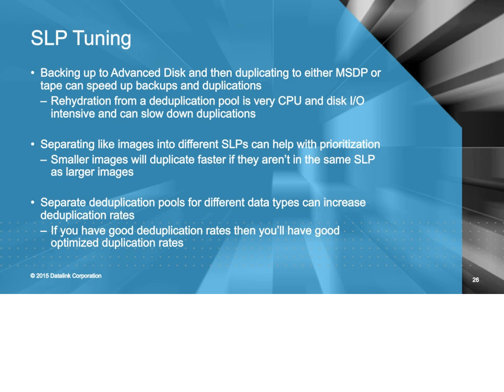Something else you can do is to separate like images into different SLPs. And this won't help with overall speed, but what it'll help with is prioritization. So what I mean by that is if you have 10 Windows images that are maybe a couple of gigabytes apiece, maybe 10, 15 gigabytes apiece, assuming they're small images, and you have a database that is 1.5 terabytes. If they're on the same SLP, even if they're going to the same location overall, which they shouldn't be, but we'll get into that in a minute,